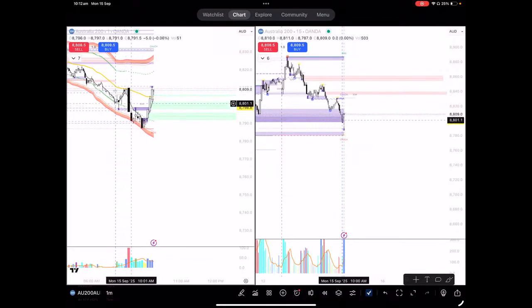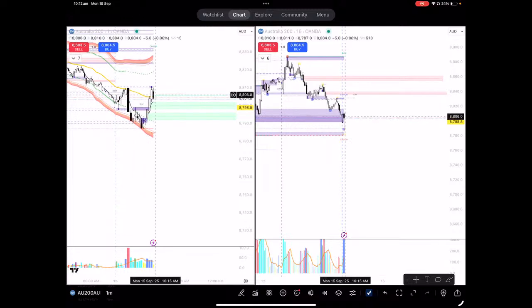I should have probably waited till that time to execute the trade, because it went down, it went up, took the liquidity from this area, and then it went and took liquidity from this area from both sides. So what it basically did was it stopped out all the buyers and all the sellers. And now it would actually go and make a proper direction. So now after taking this, it would go in this direction further down.